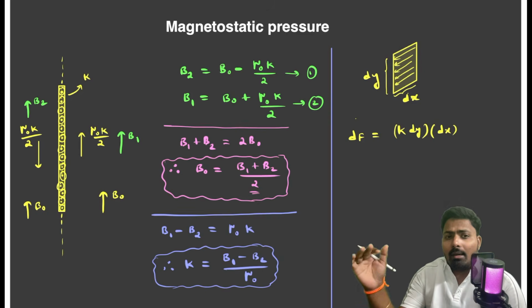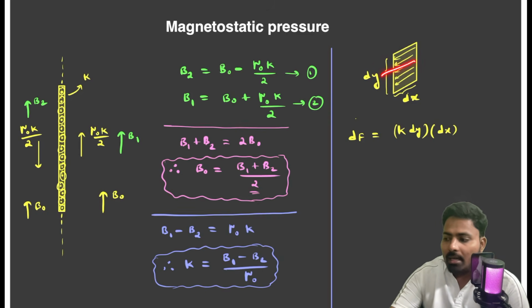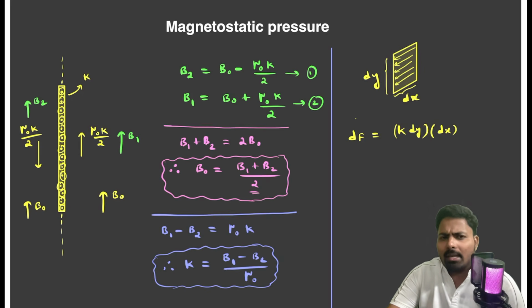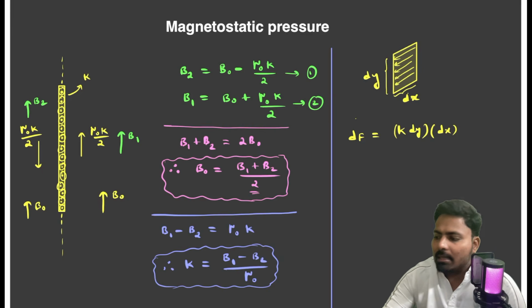Okay, already I have told, dl bar is nothing but the direction of the current itself. B bar is perpendicular to this one, so the angle between them is already 90. So simply to get this force, as the angle between them is 90, the force can be written as ILB. So B is nothing but the external magnetic field that we are having, B naught, right? So here the small force acting on that one can be written as k b naught into dx into